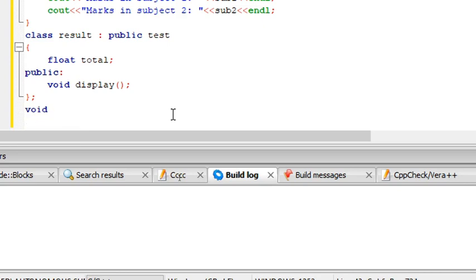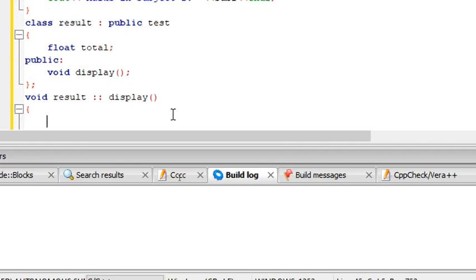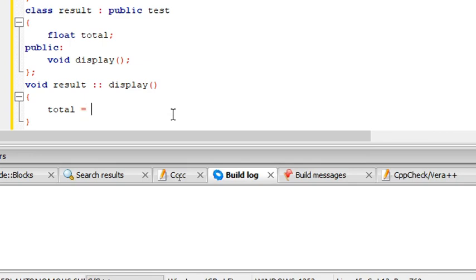Void, class name is result, scope, and the function name display. Here I'm going to add those variables, that is sub1 plus sub2, and these sub1 and sub2 are present in my intermediate class. So this is going to inherit sub1 and sub2 from my intermediate class.